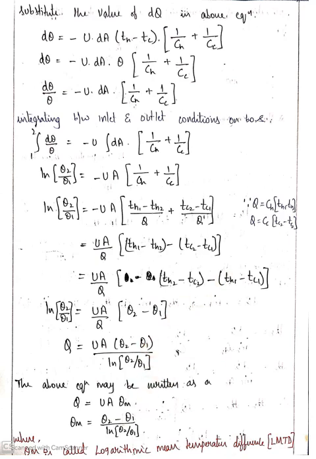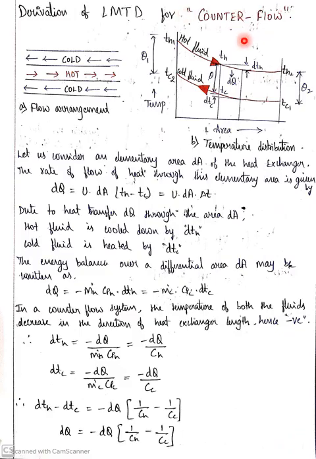Similarly, we shall solve for counterflow. As you know, parallel flow indicates the two fluids moving in the same direction. For counterflow, the two fluids will be moving in opposite directions. For example, cold fluid is moving towards left and hot fluid is moving towards right. Then how do we draw the temperature distribution for this type of flow arrangement? You can see here, the temperature of the hot fluid will be gradually decreasing from one side. Since the cold fluid is being sent from the left side, there will be a gradual increase in its temperature due to heat gained from the hot fluid. These two temperature differences are taken as theta 1 at the inlet and theta 2 at the outlet.